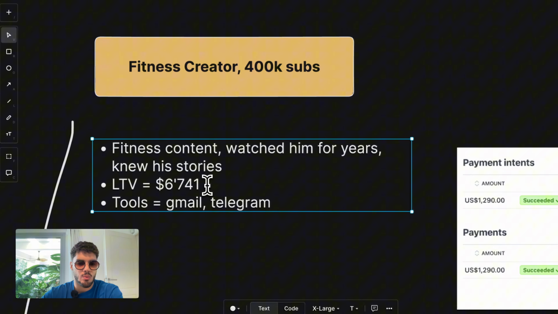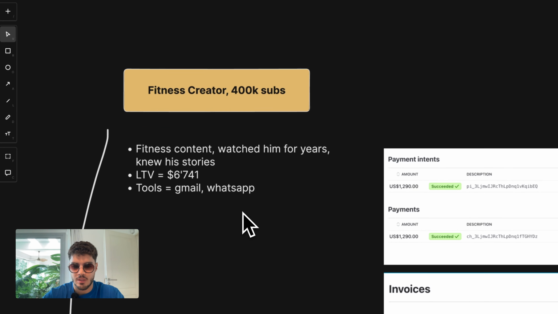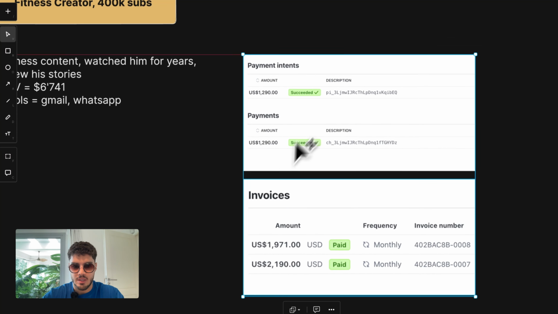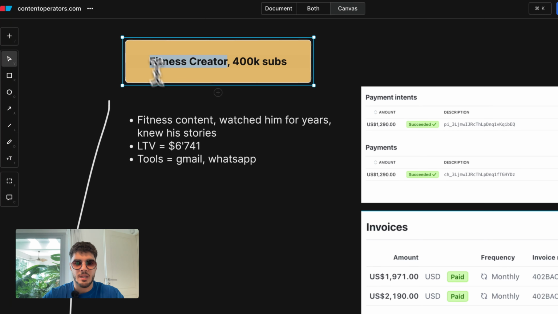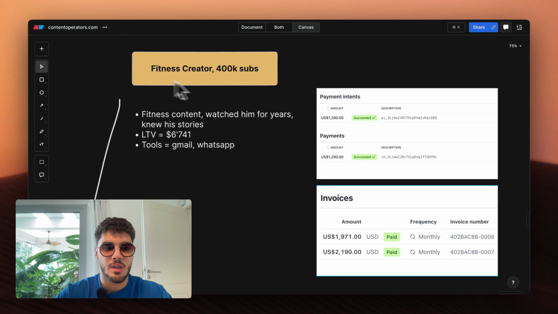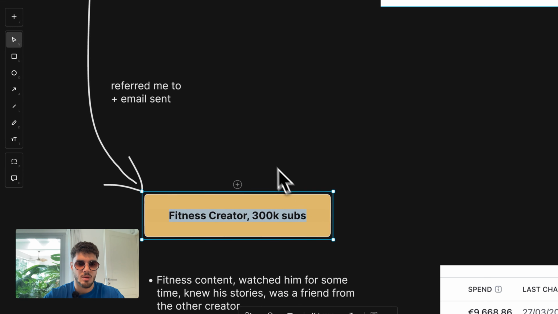So the lifetime value with him ended up being 6.7K, and the tool I used was not Telegram actually, just Gmail, and then we talked over WhatsApp when he was a client. So these were the payments here that I got with him. And then this guy here recommended me because of the service that was great and got him great results. He recommended me to another fitness creator which had 300K subs, or not even, was like at 250 at the